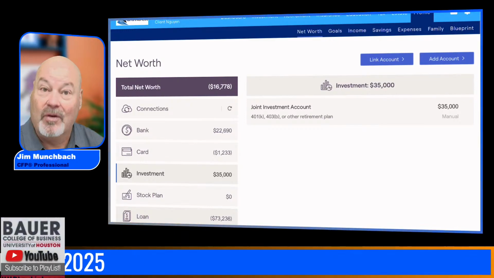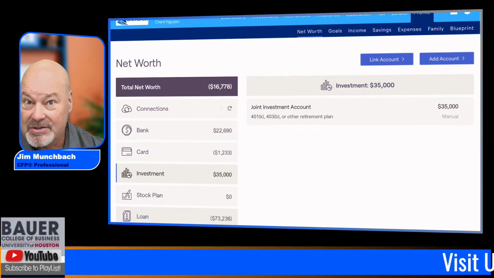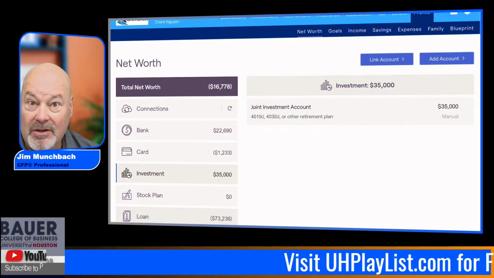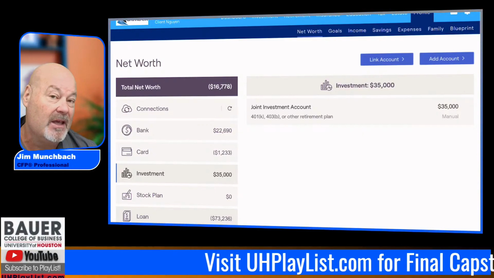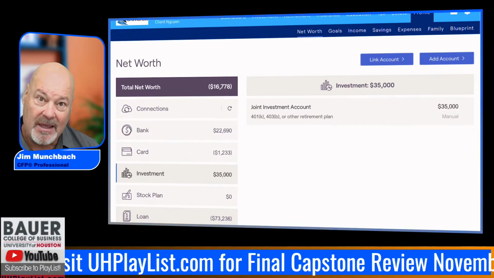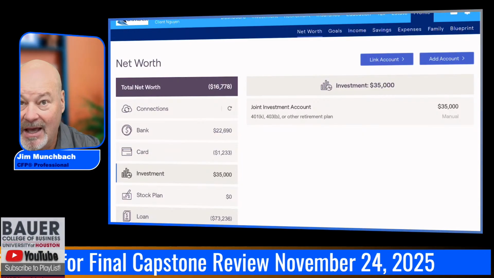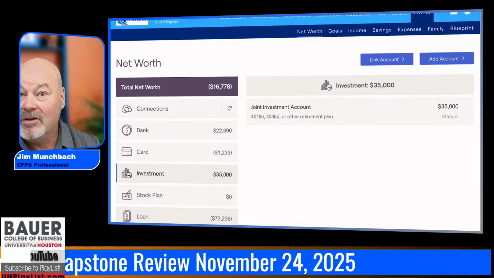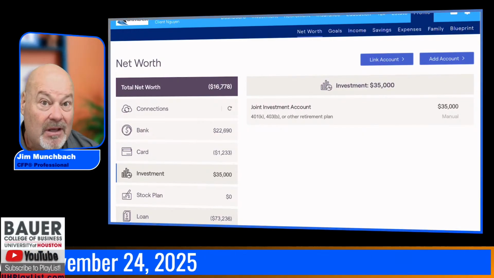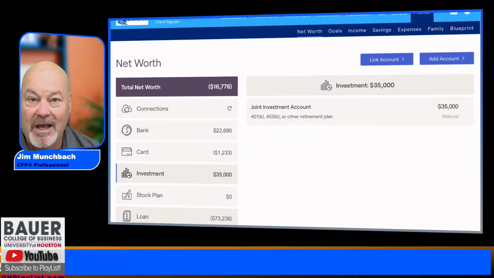And again, remember, you're pretending that you're 10 years older and that you've been working for 10 years. Therefore, you've been contributing to your 401k for 10 years. So how much money would you have in your 401k? That starts by knowing, how much are you making? How much is the company match? How much are you contributing? How much are they contributing? And then you come up with an amount that you get to have in your 401k account the first year. And then you go 10 years out. So you multiply it by 10.